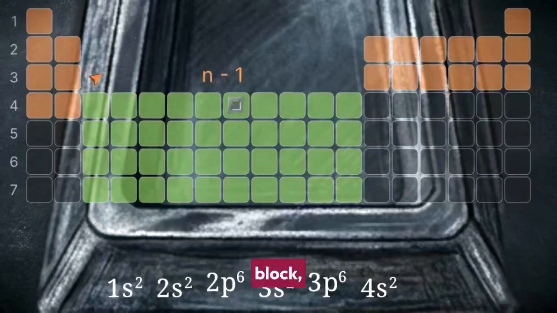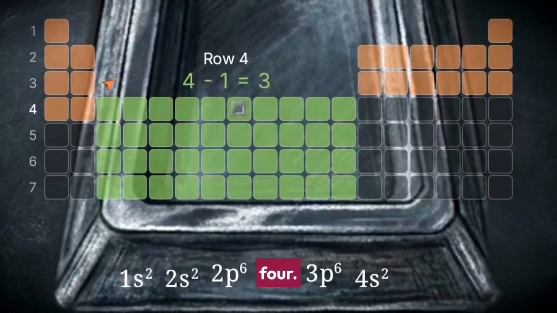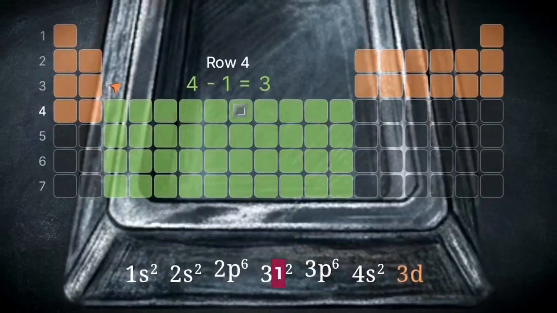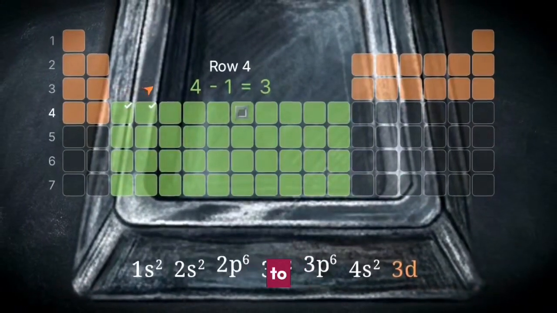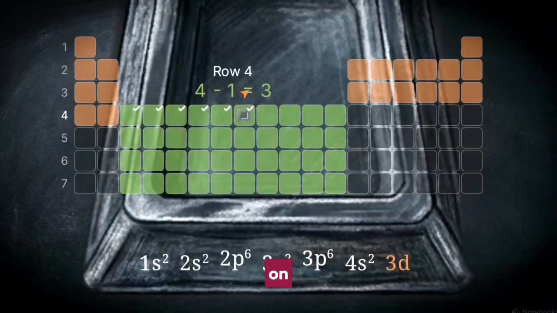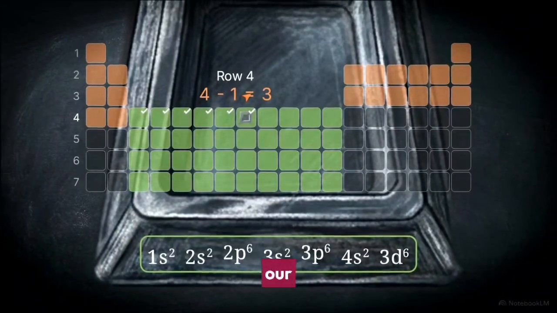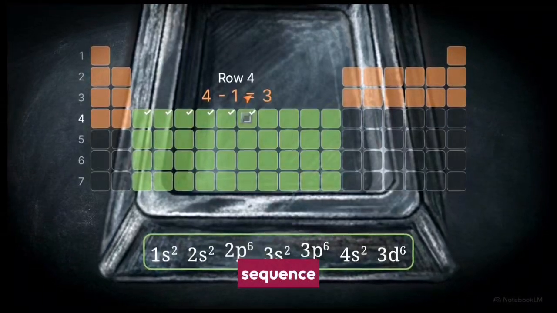Whenever you enter the D block, you must subtract exactly 1 from the row number. Iron is in row 4. Applying the rule, 4 minus 1 tells us the D block elements here belong to the third energy shell. Now we just count the spaces across that green block until we land on iron. It's the 6th space. We take that shell number, 3, and our count, 6, and cap off our sequence with